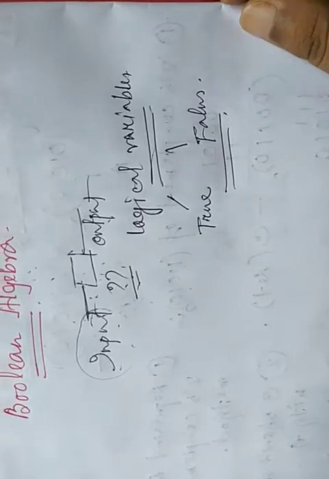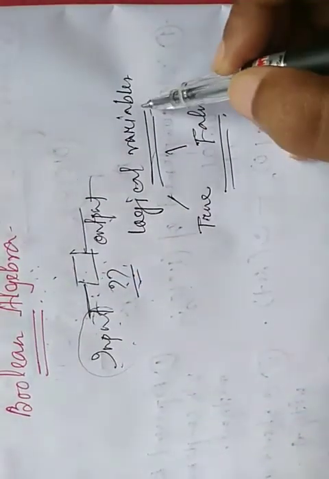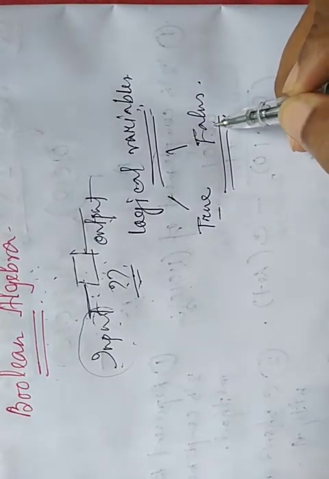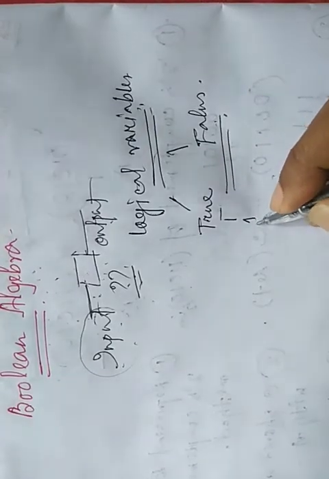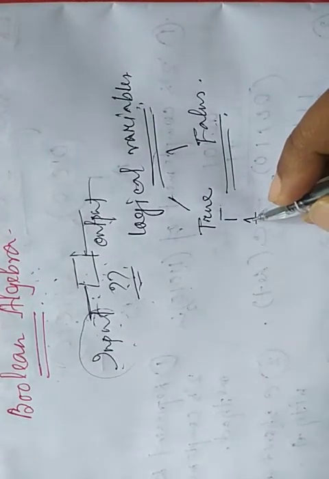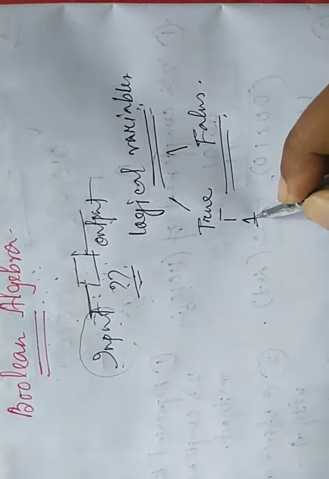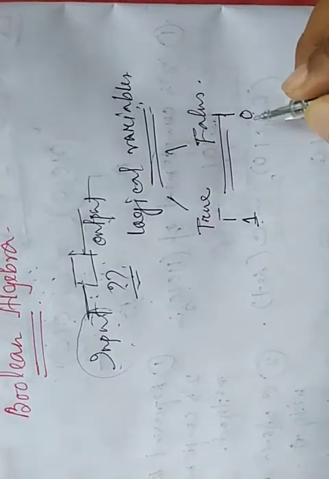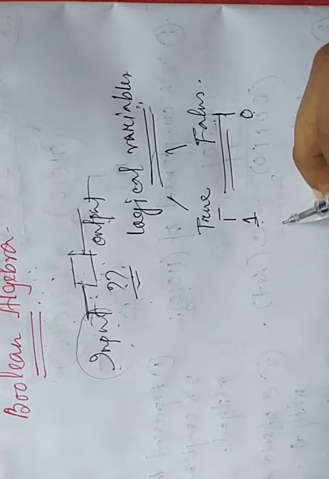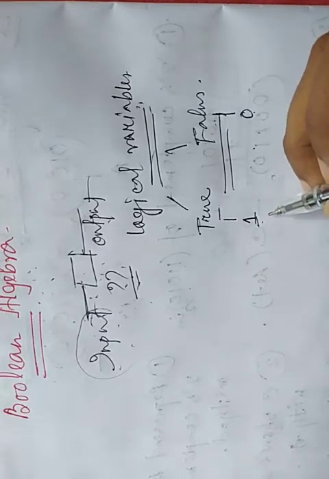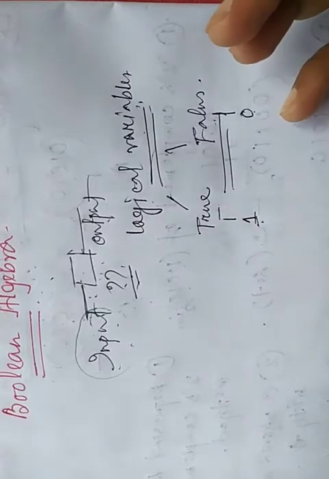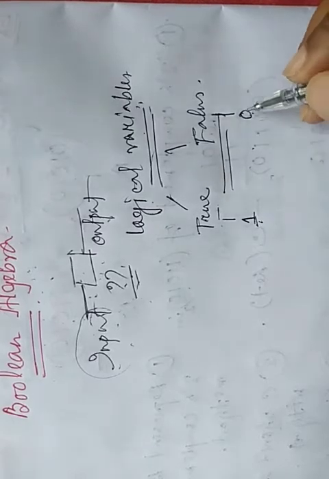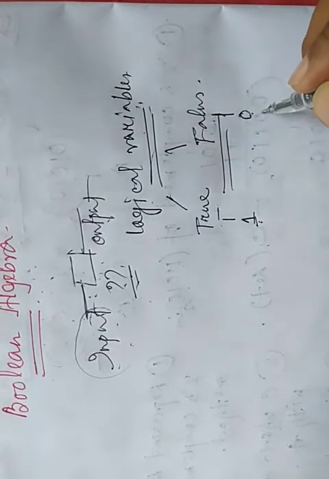So in Boolean algebra, based on logical variables, for every logical variable there are two values. One value is true, another value is false. For true value we can say 1. All of you know the binary system is based on 1 and 0, so 1 is the true value, and false means 0. This 1 and 0 is not like the 1 and 0 in our decimal number system. It is in our Boolean. Whenever we discuss computer science, 1 is used as true and 0 is used for false.